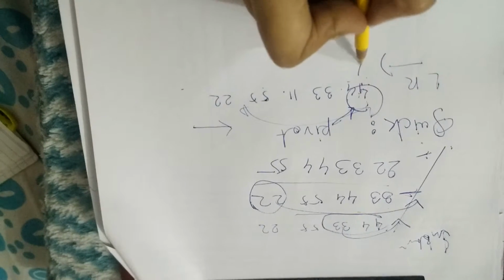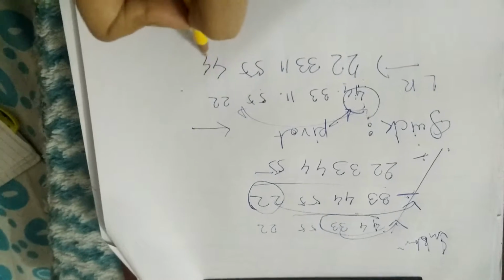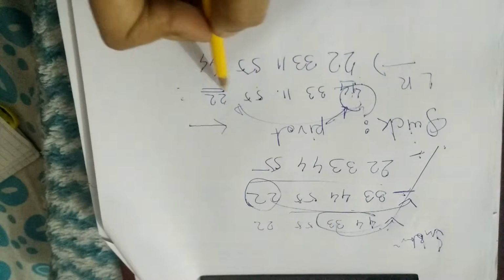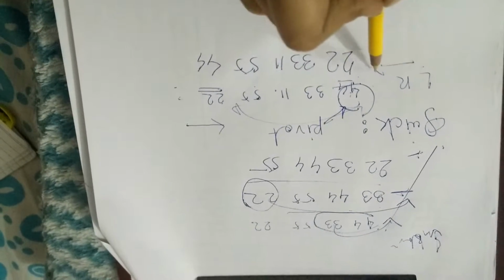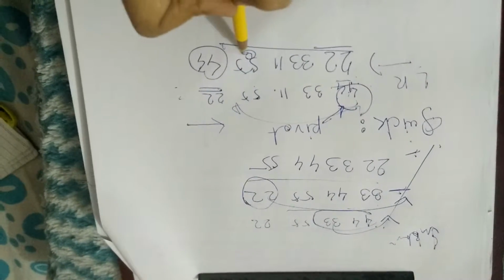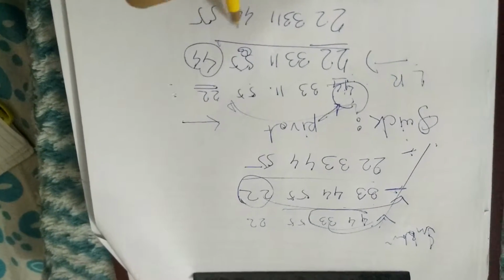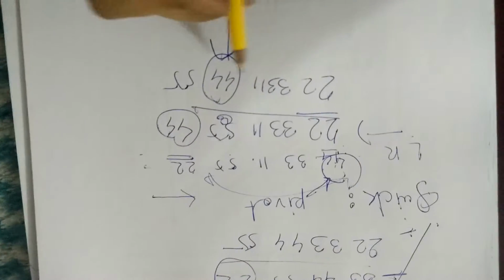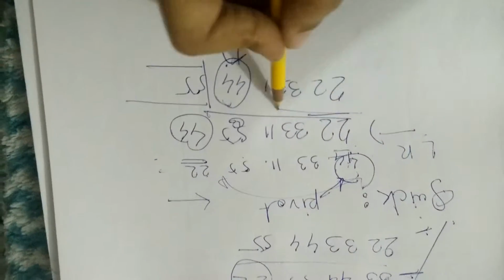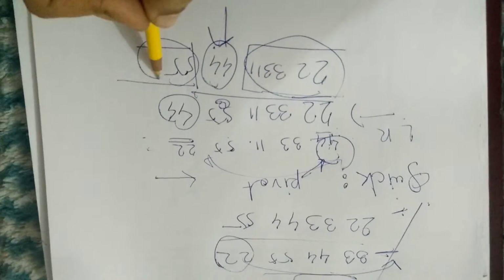For example, in the first swap, we will swap 22 and 44, because when we are going from right to left, 22 is smaller than 44. When we go from left to right, we will find an element which is greater than our pivot element, which is 55. So 44 exactly got its position. Now 44 is placed, that is our pivot element. So our list gets divided into two parts. The same procedure will be applied for this list as well as this list.